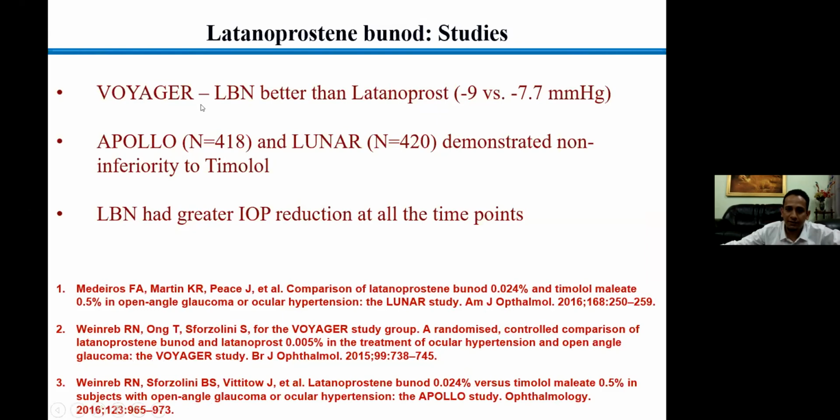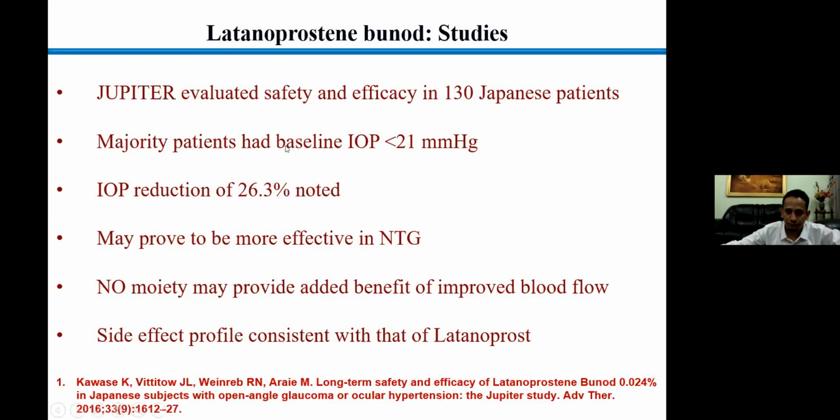Studies regarding this medication, the Voyager studies, have shown that latanoprostene bunod is actually better than latanoprost alone, and other studies have also demonstrated non-inferiority to timolol. Another interesting fact about this medication is that the Jupiter studies that were done in Japanese patients, in this particular